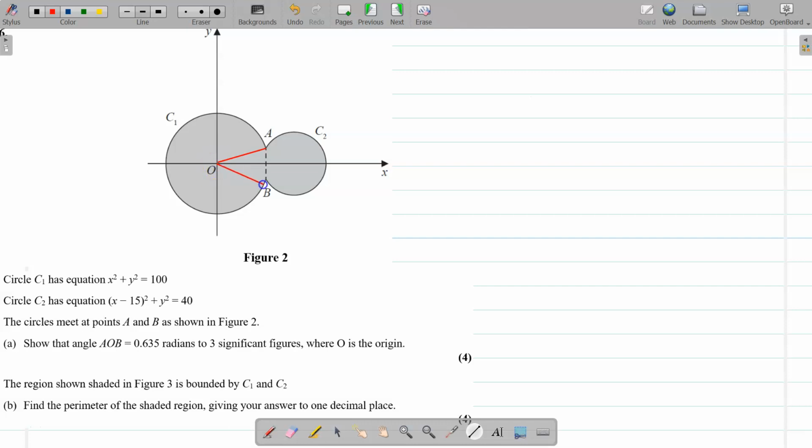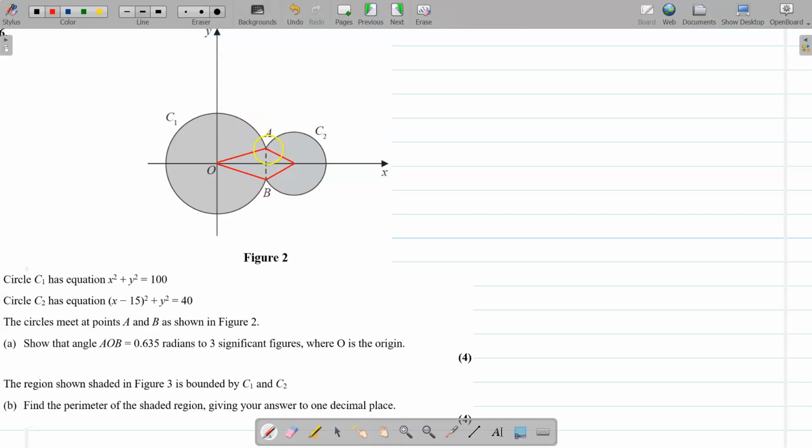Okay, and we can see it's symmetrical horizontally through the middle, through the x-axis. And we're also going to need to use the center of this circle in the problem when we come to do the arc lengths for part B. So I'm just going to put that in as well. So that's supposed to be the center of the circle there. Okay, so what I'm going to do is first of all find the coordinates of the points A and B